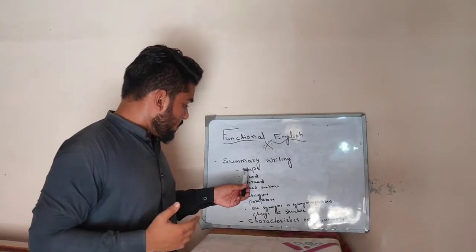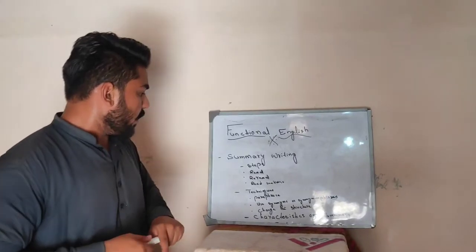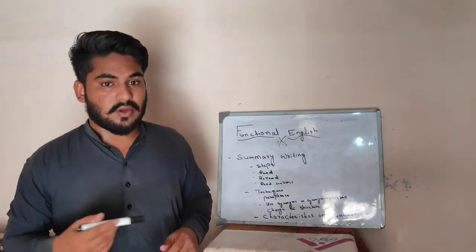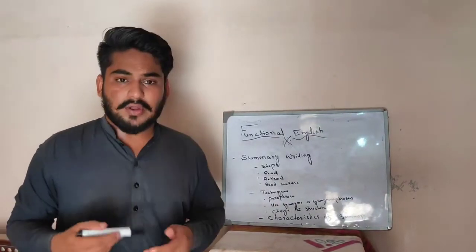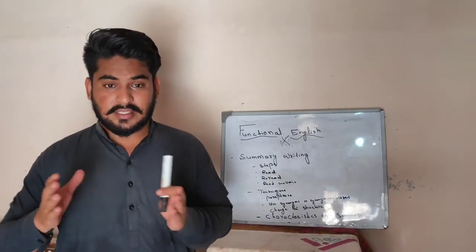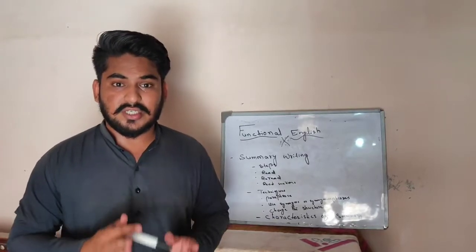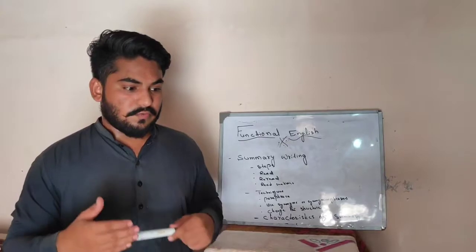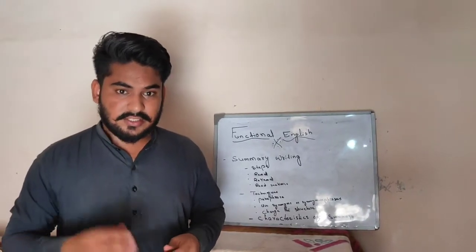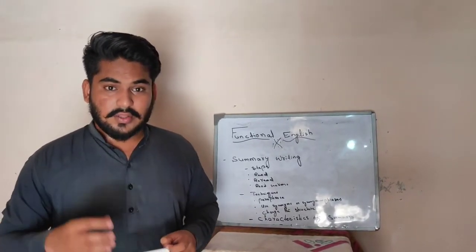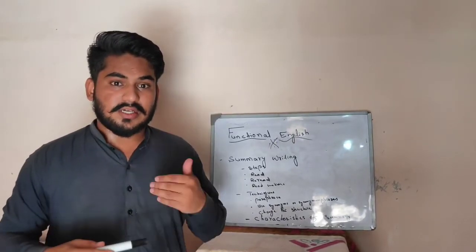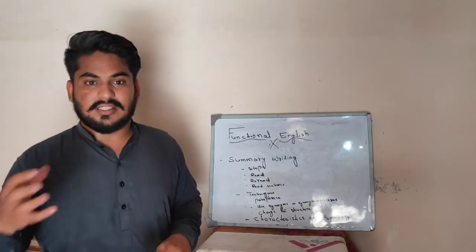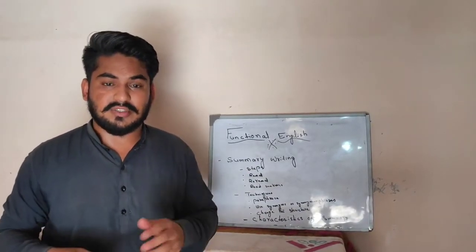Then I'm moving towards the steps of summary. First of all, read the article or the chapter or the whole book. How can we understand the central idea, the general theme of the article or the chapter, that is, what the writer wants to tell us? First, we have to read the whole chapter to understand the general theme. Then we have to reread that same topic or same article or same chapter.